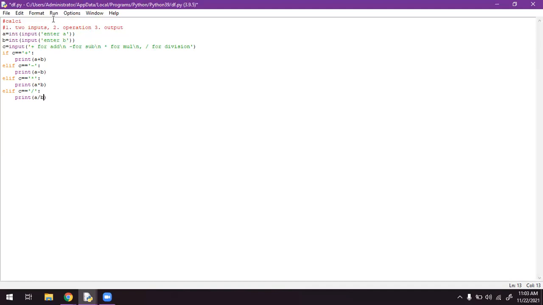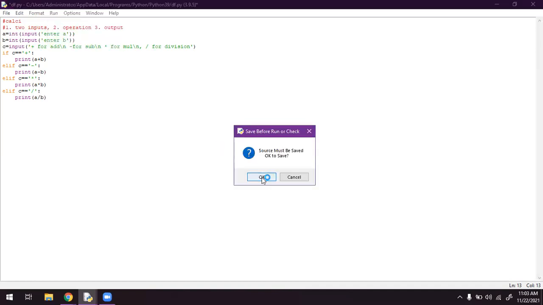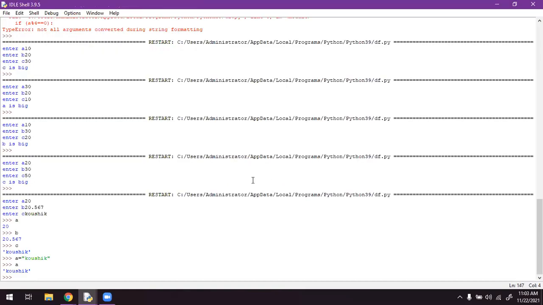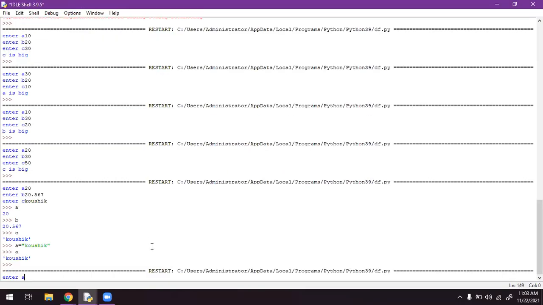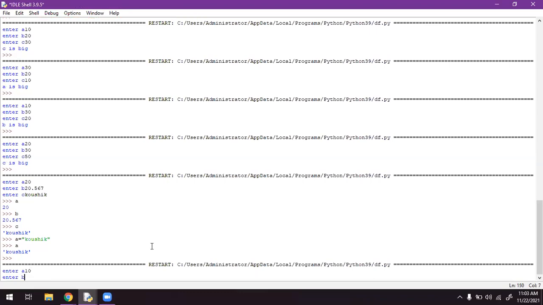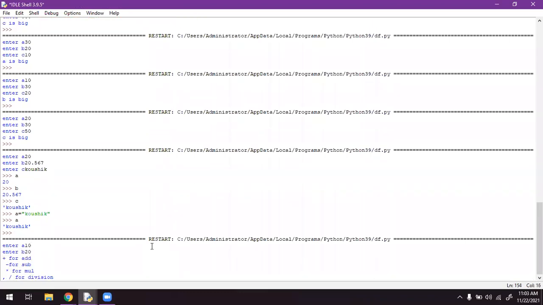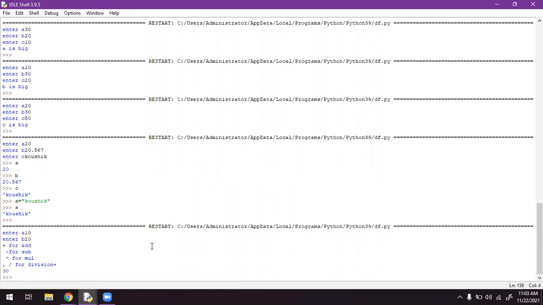Okay, let me run this program and see if I made any mistakes. Okay, I didn't make any mistake. A is an integer, I'm writing 10, B is 20. So it is asking for plus for addition, minus for subtraction. I will press plus, and if I hit enter, I got the plus.